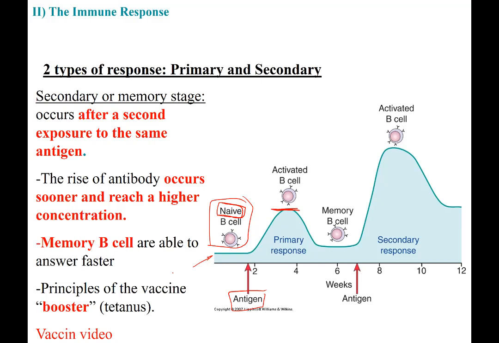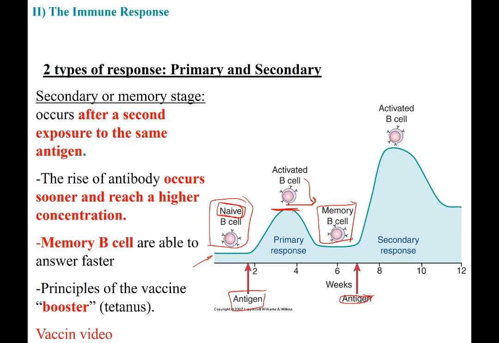Then you recover from it, and within weeks or months, you are exposed to the flu again, the same virus again. But in that case, the system is clever, basically, and rather than get rid of all the activated B cells, there are some activated B cells that are going to stay around. In that case, we call them memory B cells. So memory B cells are activated B cells that are keeping the memory of the antigen. Okay, so they're not naive anymore, they are now memory B cells.